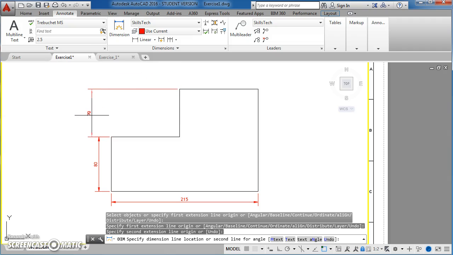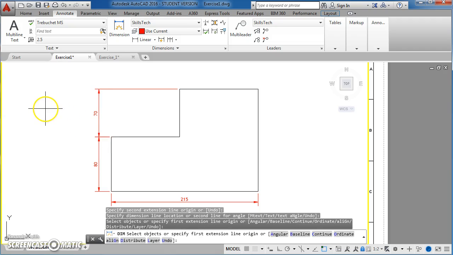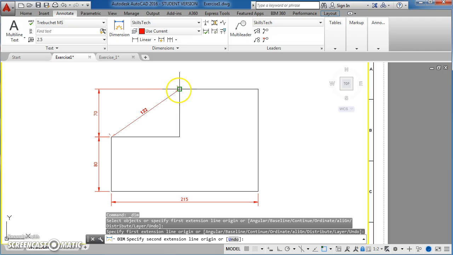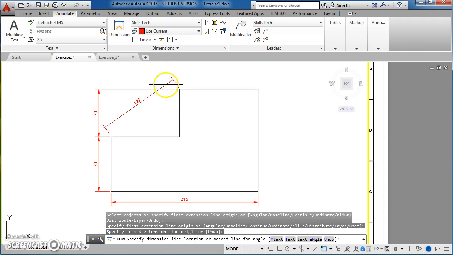Once you get the right location, you'd like it so the arrows lined up with each other, and to do that you simply move your mouse down and object snap onto the other end of the arrow point and you've placed your dimension. So now we need another dimension across the top, so from this point to this point,